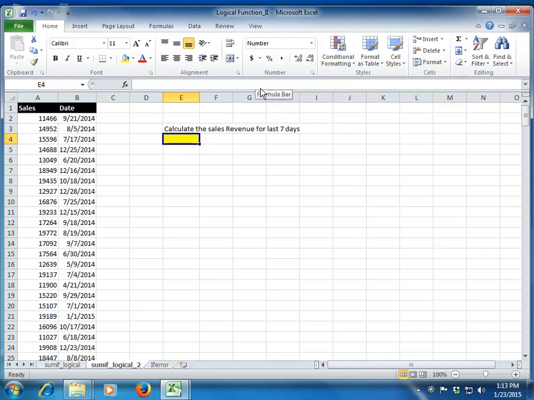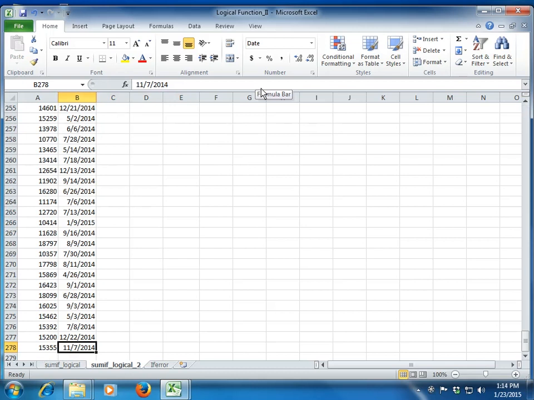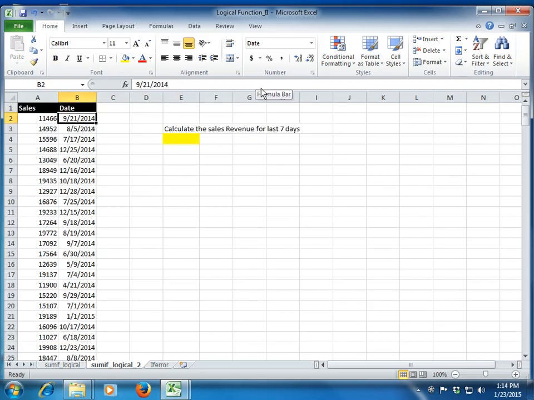Okay. Similarly, let's build up on this. Taking another example just to have a better understanding and application of this function. I want to calculate the sales revenue for the last 7 days. Let me first, because this data might not have anything in this range since it was created a week back or something, simply add 10 to it.